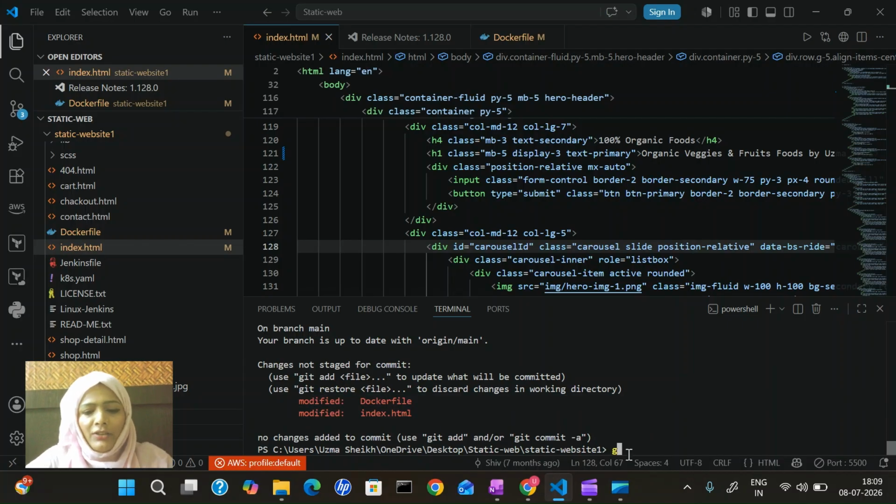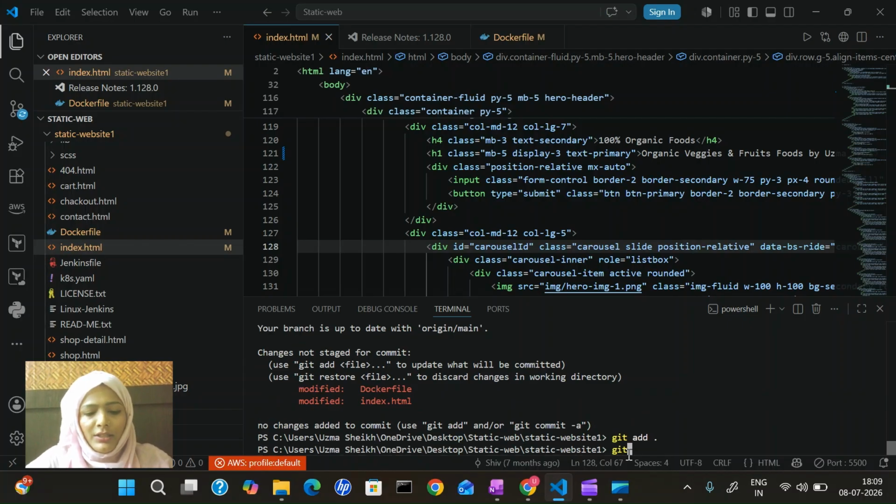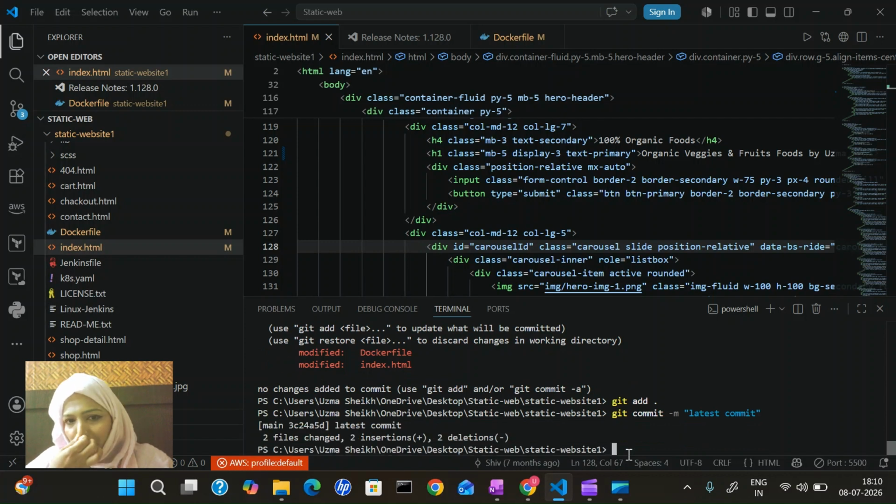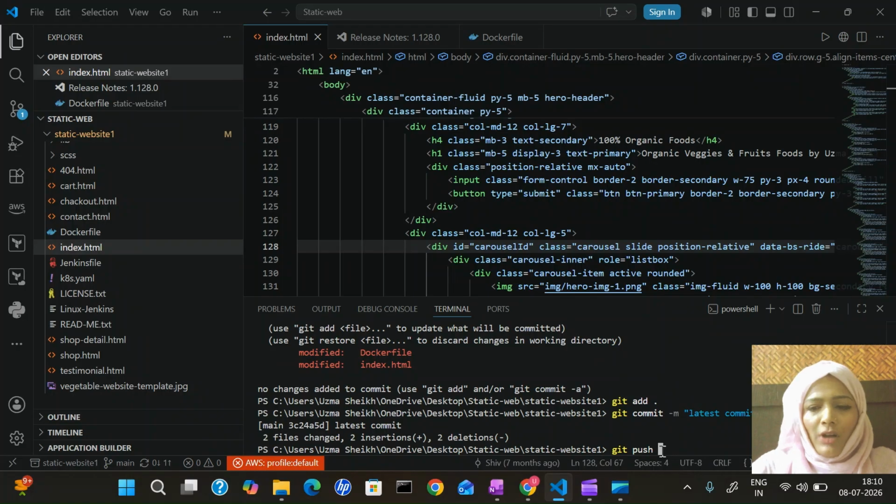So let's run git add dot and then git commit -m, with the message 'test commit'. After the commit, I have to push: git push -u origin main.